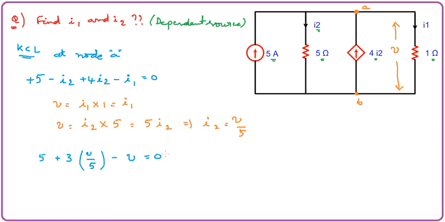So it is a simple technique: simply assume something and convert two or three unknown variables into one variable. Here we don't know I1 and we don't know I2, but with one assumed variable V, we can write I1 in terms of V and I2 can also be written in terms of V. So now our two variables are converted into one variable, and it's very easy for us to solve for V.